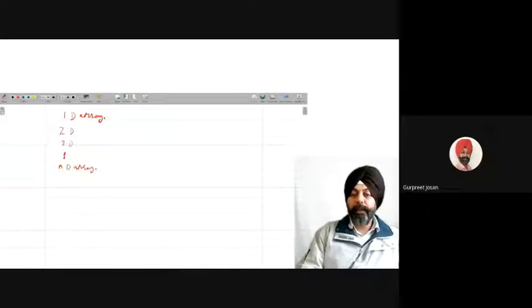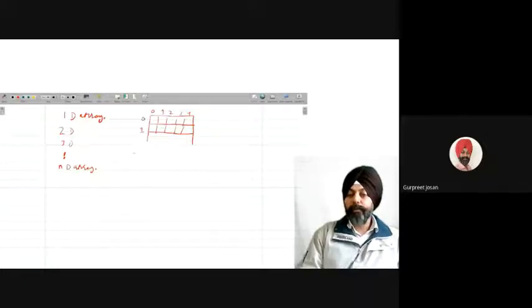In two-dimensional arrays, we have a table-like structure. This is a one-dimensional array, with location index numbers 0, 1, 2, 3, 4. If we attach one more array to this, we get a two-dimensional array, with location 0, location 1, and we can expand this up to any level.